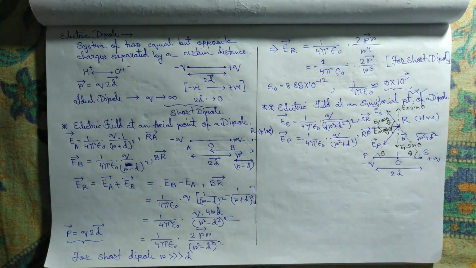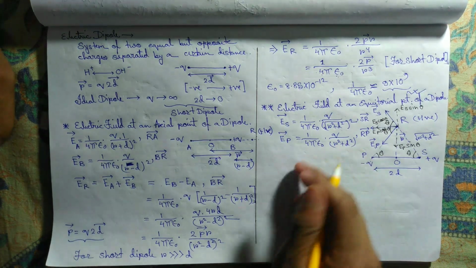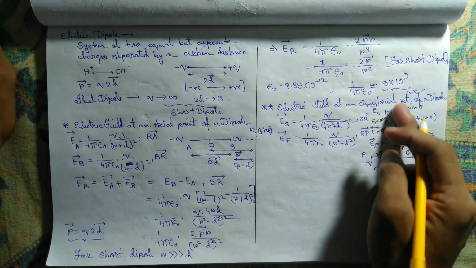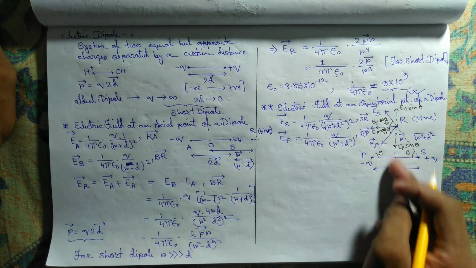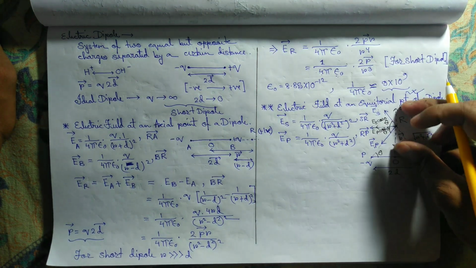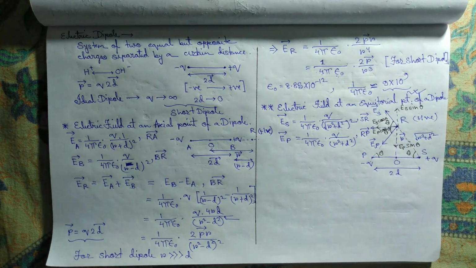Just vector component breaking. Okay, so now look at that. The magnitude of ES and EP will be equal. So ES sin theta and EP sin theta are equal and acting on a straight line in opposite directions, so they will nullify their effect. So what if one of your friends pulls your hand with 50 Newton force on the right side, and another friend pulls your hand with 50 Newton on the left side? Then what will be the resultant force on you? It will be 0, because you will not move at all, as the total force will be 0.